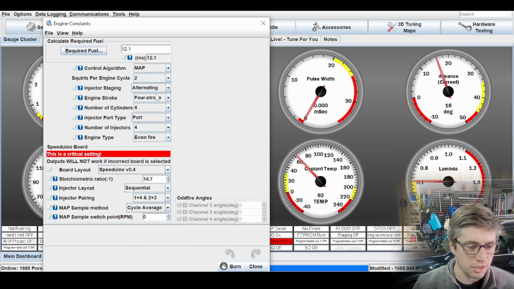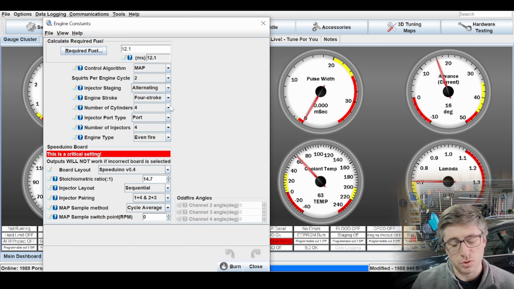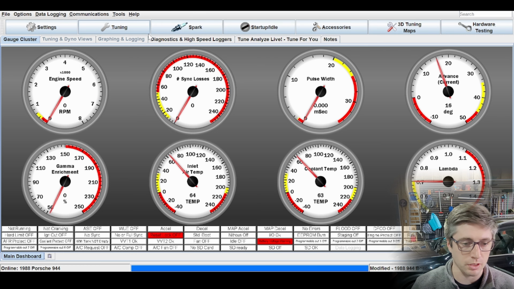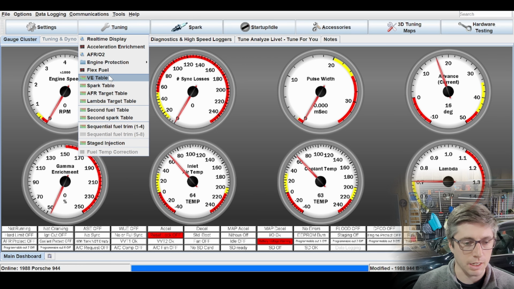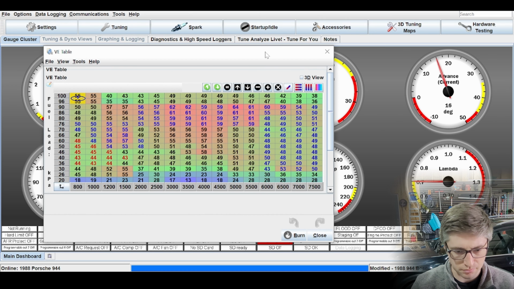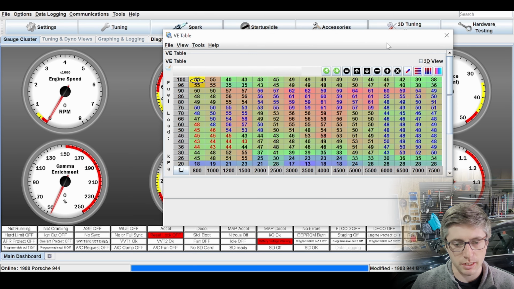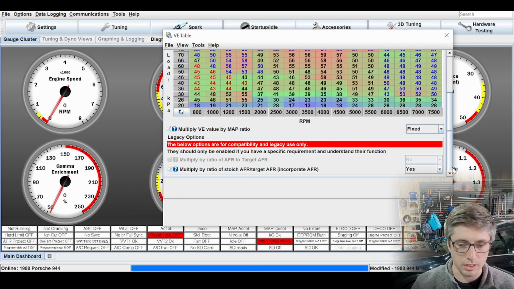Obviously all of these other things don't really have any impact. So that's it from the engine constants. These are what I used, but also to try and get the fueling more in line with what I was thinking it should be. So here's your VE table. If you scroll down, not in the VE table but below it, there's these parameters. For some reason, this multiply VE value by MAP ratio, I think is bugged,